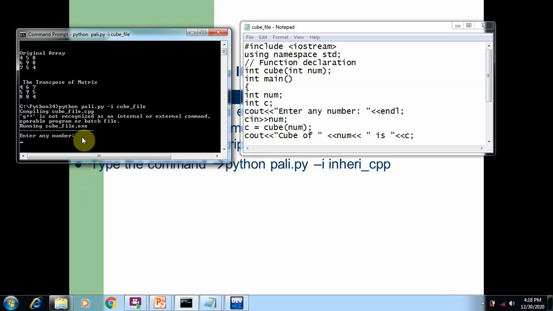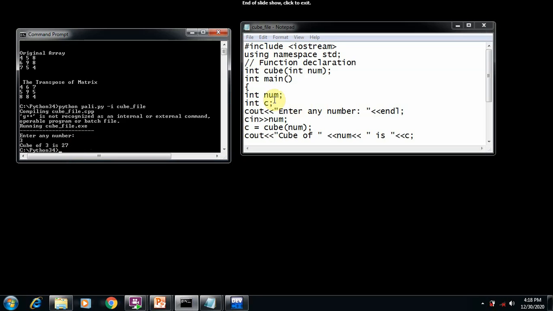So I simply entered 3. Now you can see the output 27. So 3 into 3 is 9, 9 into 3 is 27. The cube value of 3 is displayed on the screen because the cube file, which contains the function, is executed. Now next,